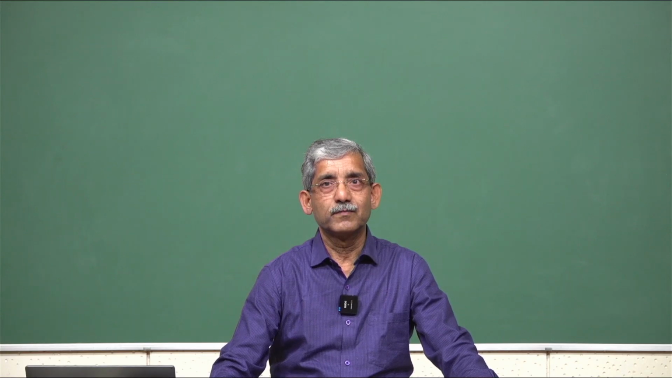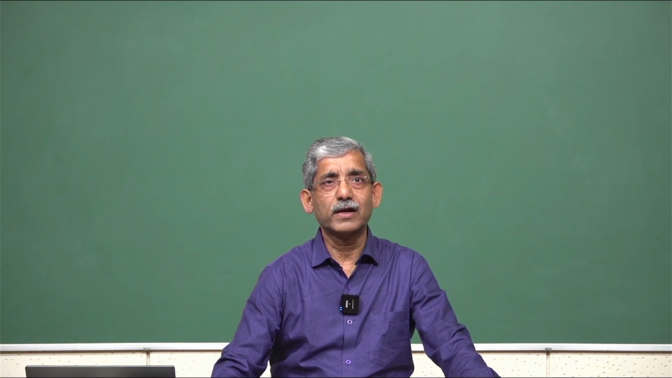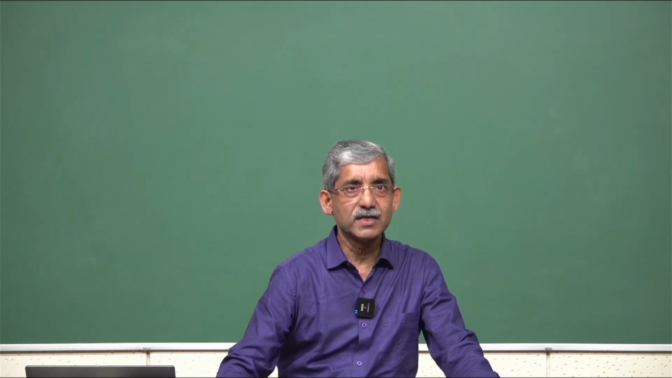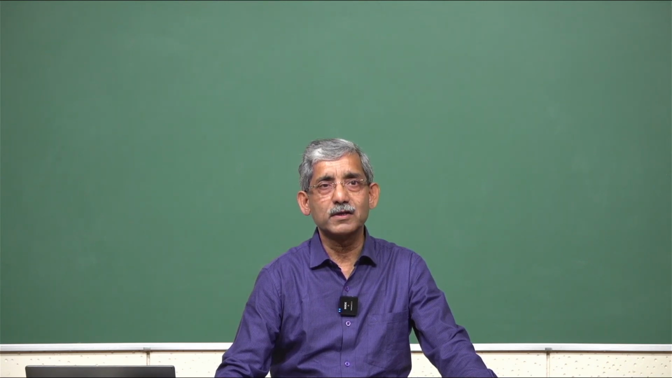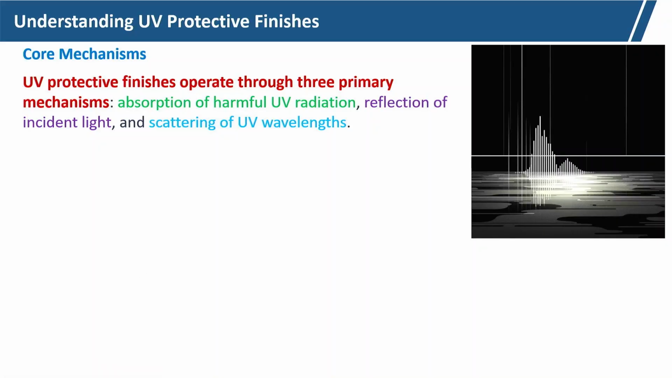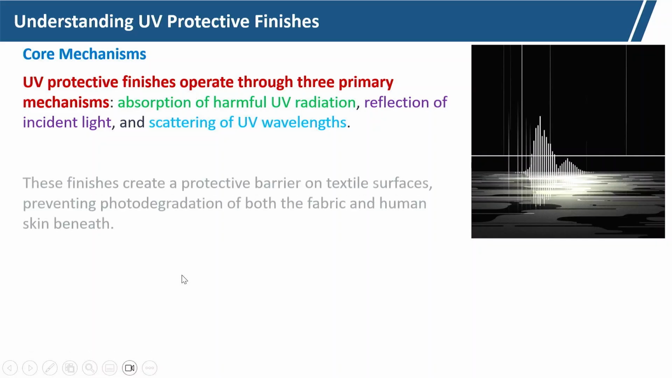Hello everyone. In our last session, we tried to understand the UV protective finishes. In that, we discussed the core mechanisms. There are three mechanisms: absorption of harmful radiation, reflection of incident light, and scattering of UV wavelength. This we have discussed in detail,